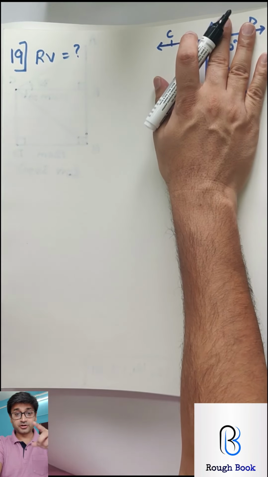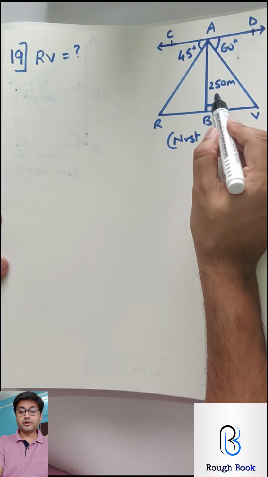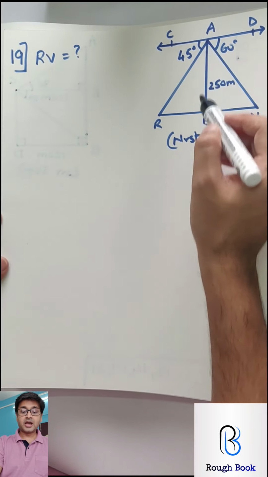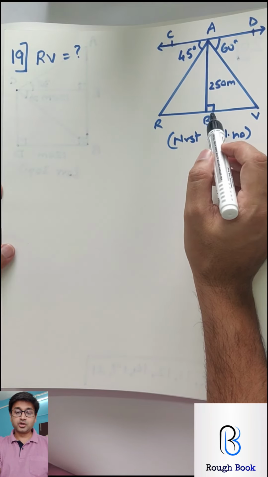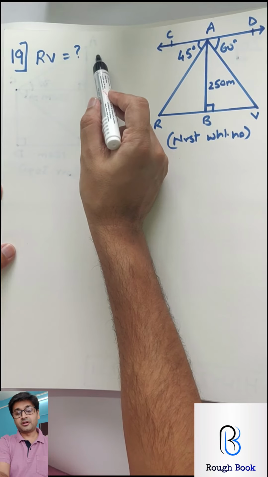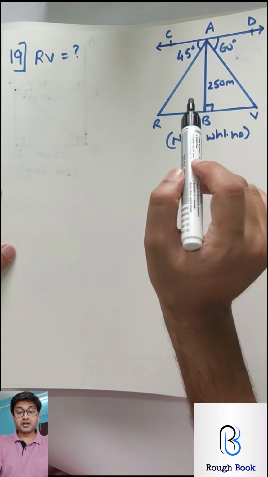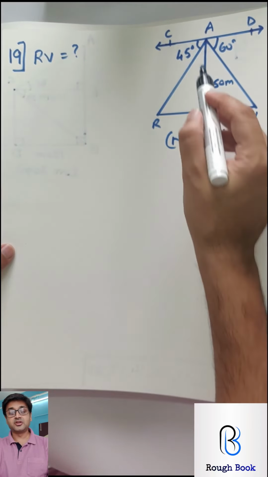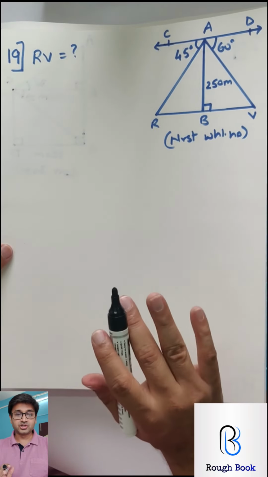Chalo, 19. Draw the diagram on your own. Chalo, go. Come back once you draw it. An aeroplane is at an altitude of 250 meters high, and we are assuming it is in the middle of the river. There can be an argument that the aeroplane can be here also, away from the river, and then the two angles can be like this. Possible. Right now we are sticking to this, and we will say we are assuming it over here, so it will be corrected accordingly.